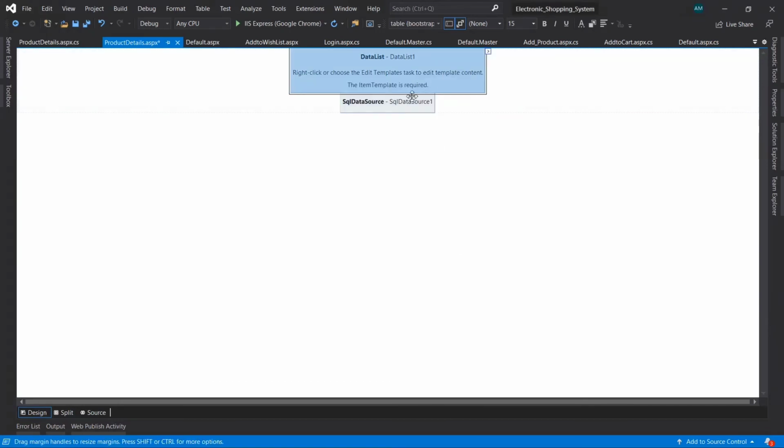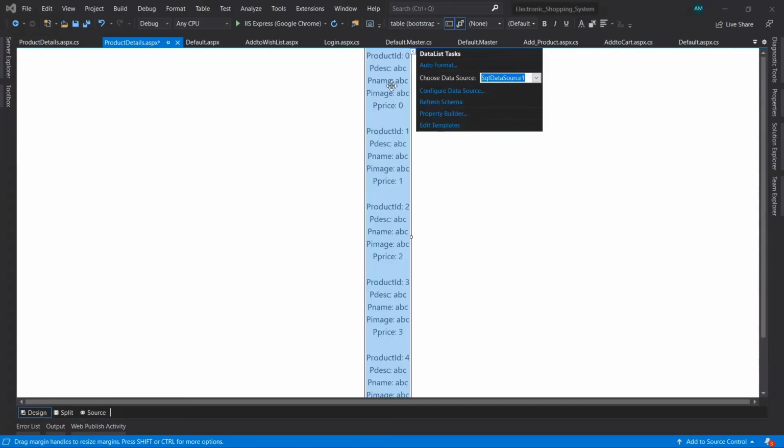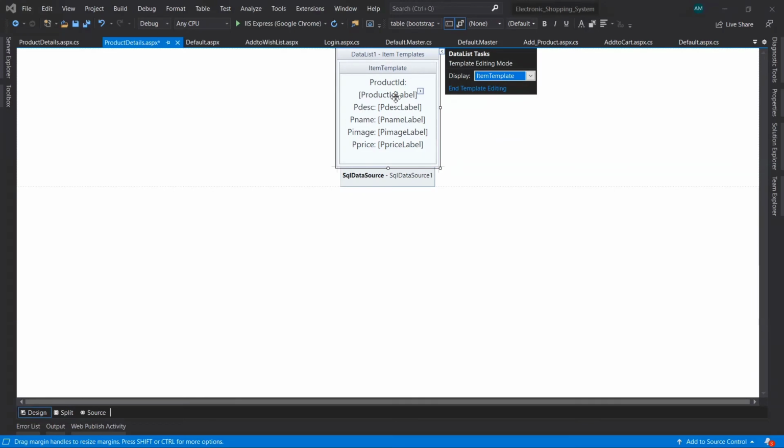Now we want to attach this SQL data source to this data list. Select data source 1. Now click on edit template. Okay, now I got it. In the previous case I hadn't bound the SQL data source to this control. So just remove all this content from the item template, because we are going to place our own content inside it.